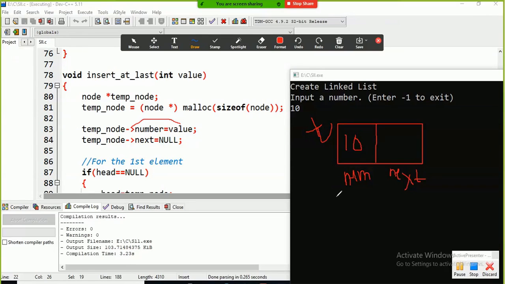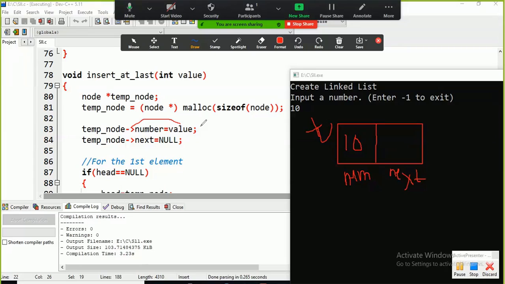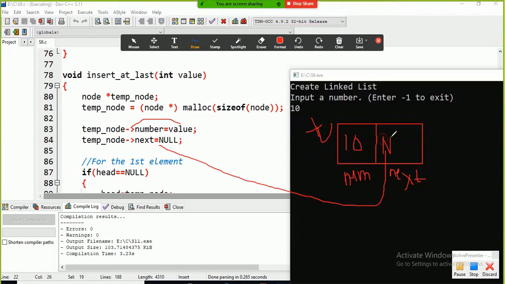Temp node. And temp node arrow next is equal to null means what? Inside the next part null is stored. Null means nothing, no valid address, that is, there are no further nodes available in my linked list. Okay,